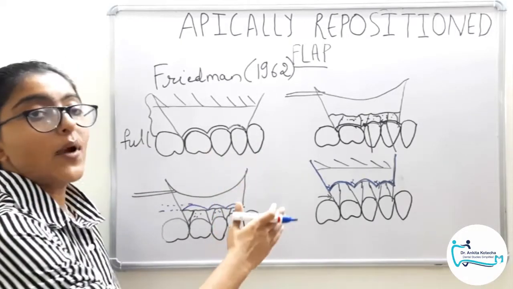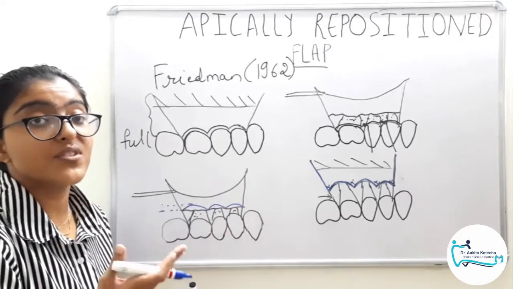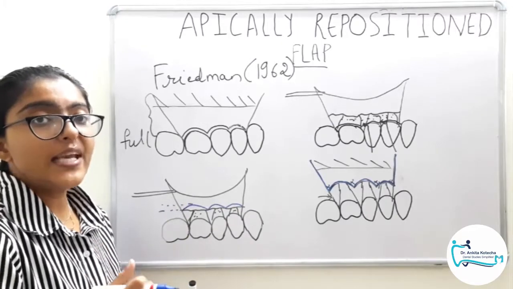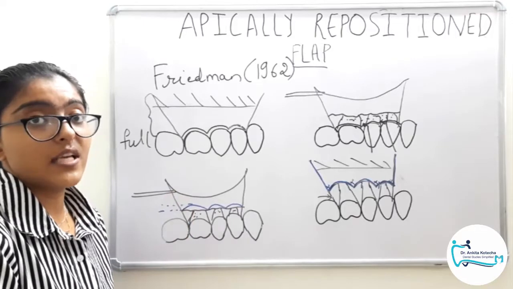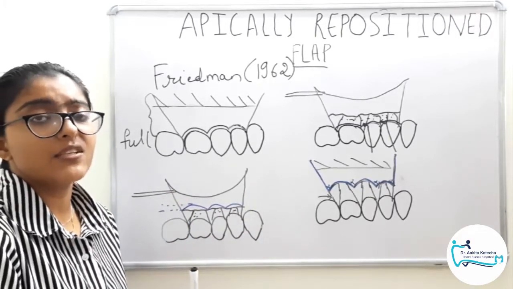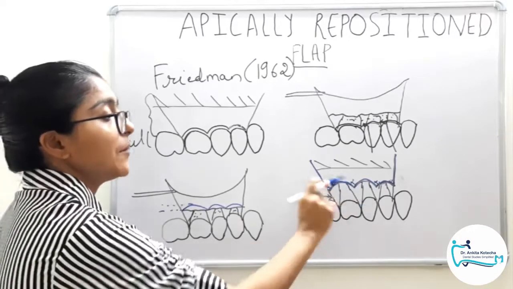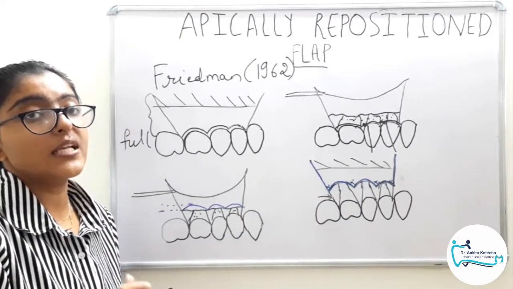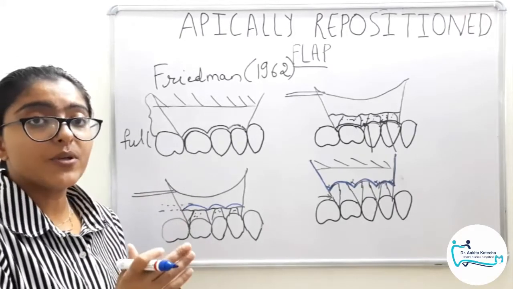Now coming to the advantages and disadvantages. The advantages, of course, pocket elimination, preservation of the tissue, and after healing post-operatively, we expect attached gingiva zone. So these are the advantages of this technique. Of course, not to forget the primary closure and hence healing by primary intention and hence less pain and discomfort. But the major drawback, as can be appreciated from the post-operative site, is the exposure of the roots and associated sensitivity. So this completes the topic apically repositioned flap.